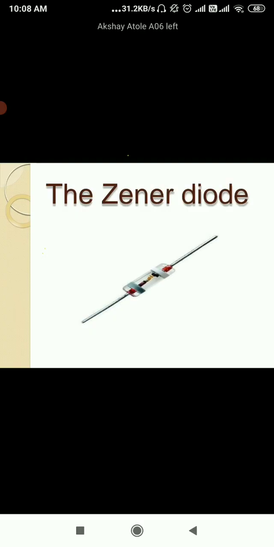the third one, we are supposed to see Zener diode. Lots of questions they will ask on a Zener diode, because we are using Zener diode as a voltage regulator. It is a special type of PN junction diode. Its construction, if you see, is similar to that of a PN junction diode, but its working principle for reverse bias is different from a PN junction diode, but its forward biasing is exactly similar to a PN junction diode.